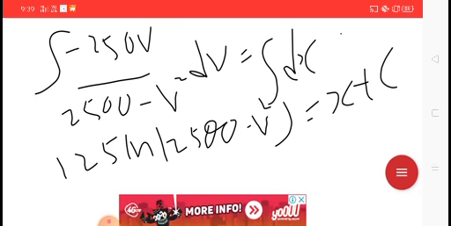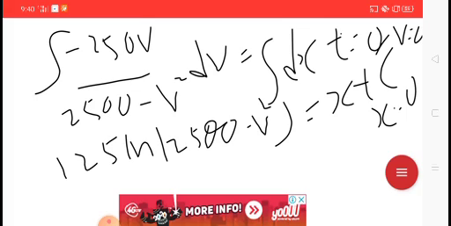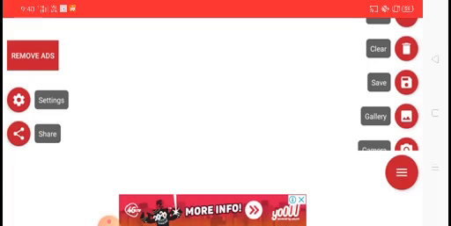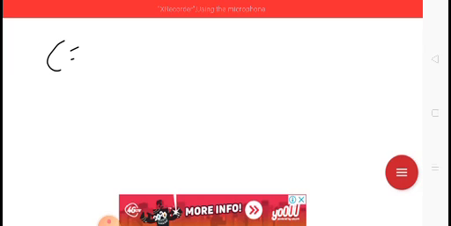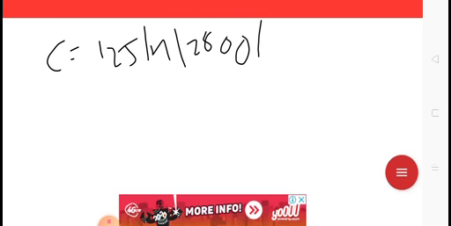And the initial condition, okay, I mean at the maximum point, we calculate from the maximum point, okay, t equals 0, v equals 0, okay, and x equal to 0 also, right, we calculate at the maximum point. So by applying this initial condition, you should get c equal to 125 ln 2500. Okay, put it back to the original equation, you will get 125